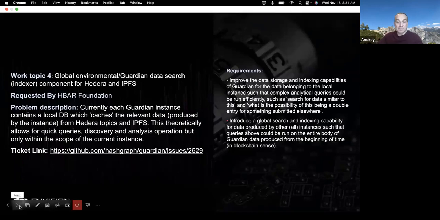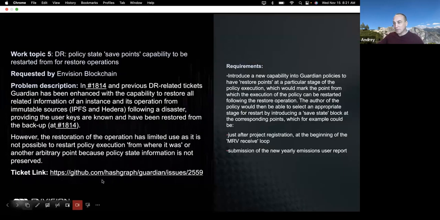It's an indexer. You're familiar, I'm sure, with the concept of blockchain indexer from Hedera or other ecosystems, but this one is a specialist indexer for the environmental data only. Moving on. Again, please, Brina.